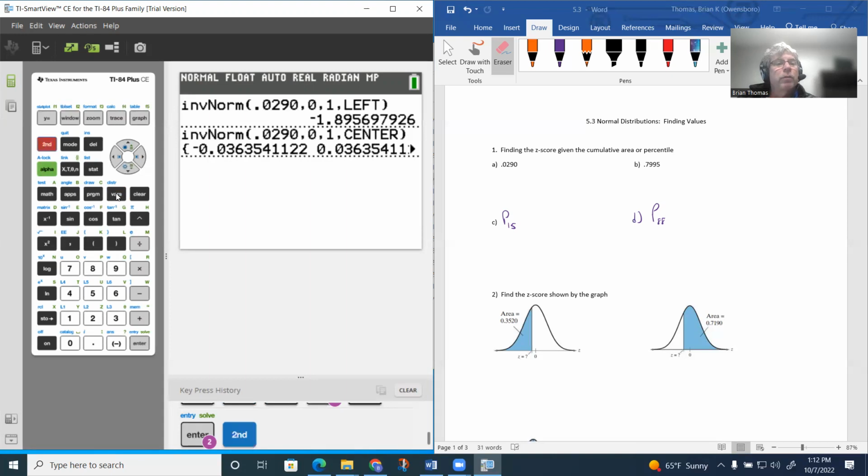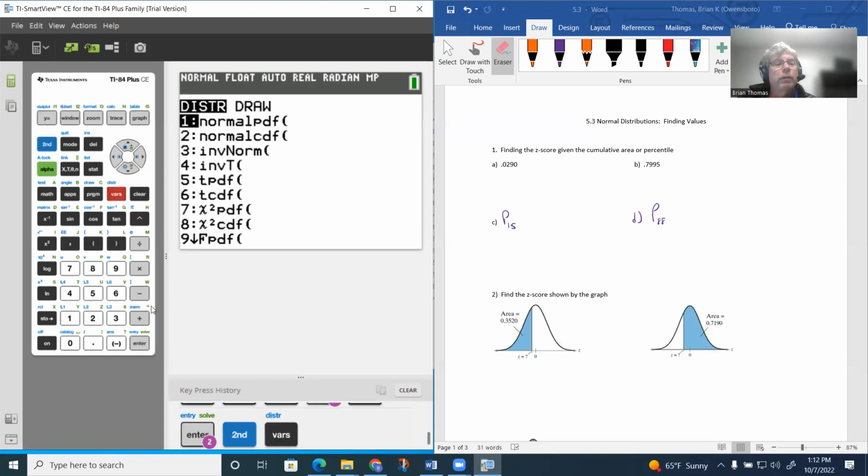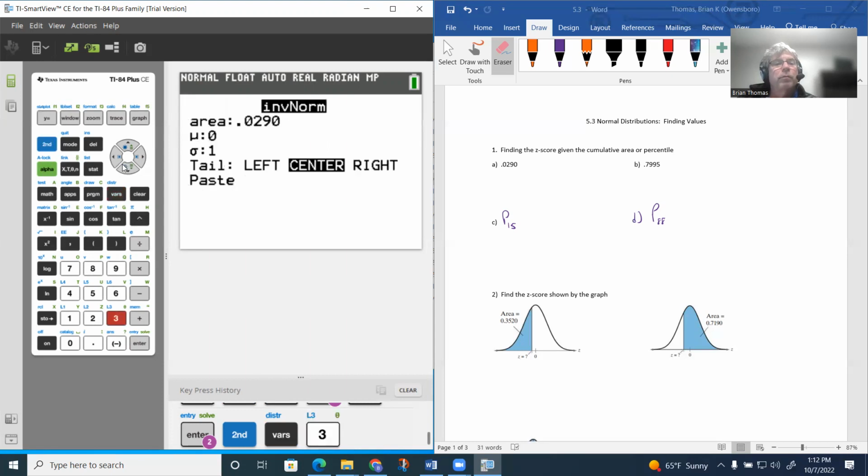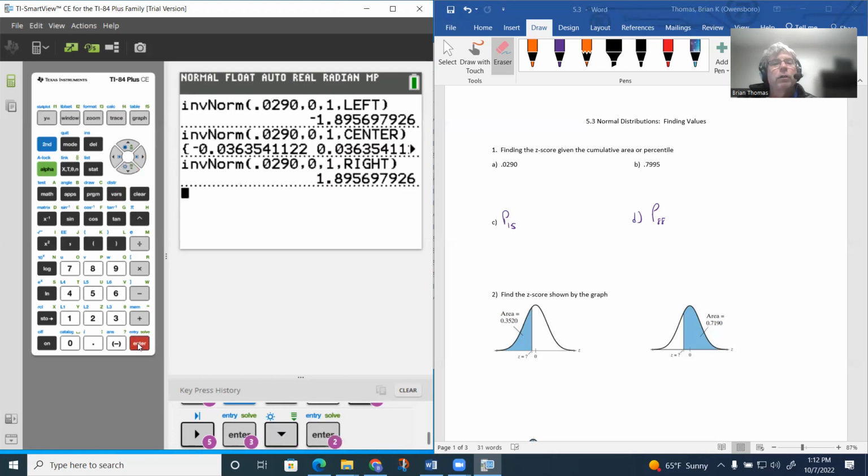We can double check the right one as well, but yours may not do that. If I change it to the right, it looks like it's kind of doing those different things. My calc didn't give me those options. So that gave me 1.89. That also gave me the same thing. So it looked like if yours does that, left will be just